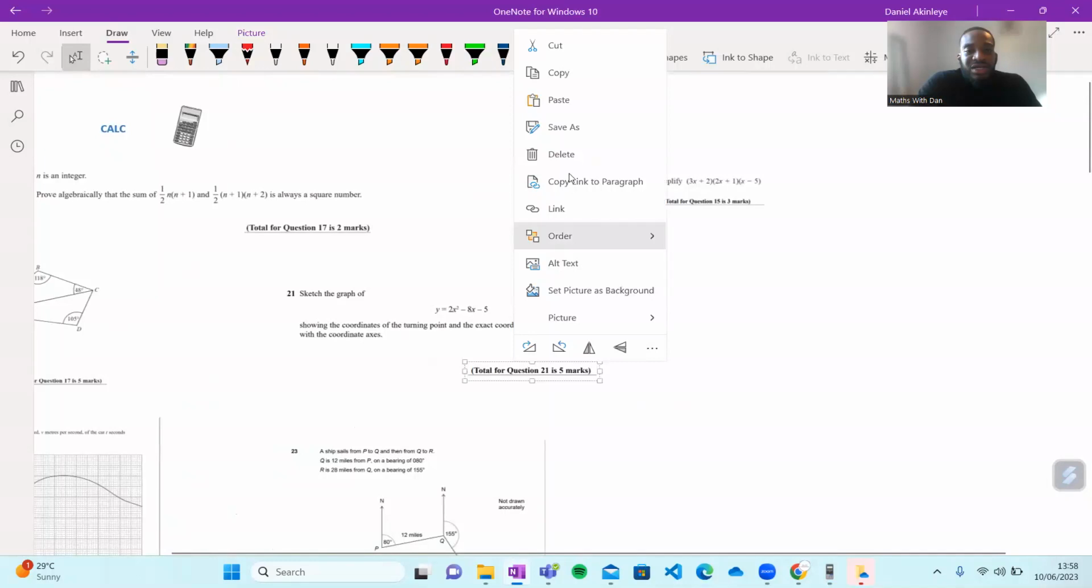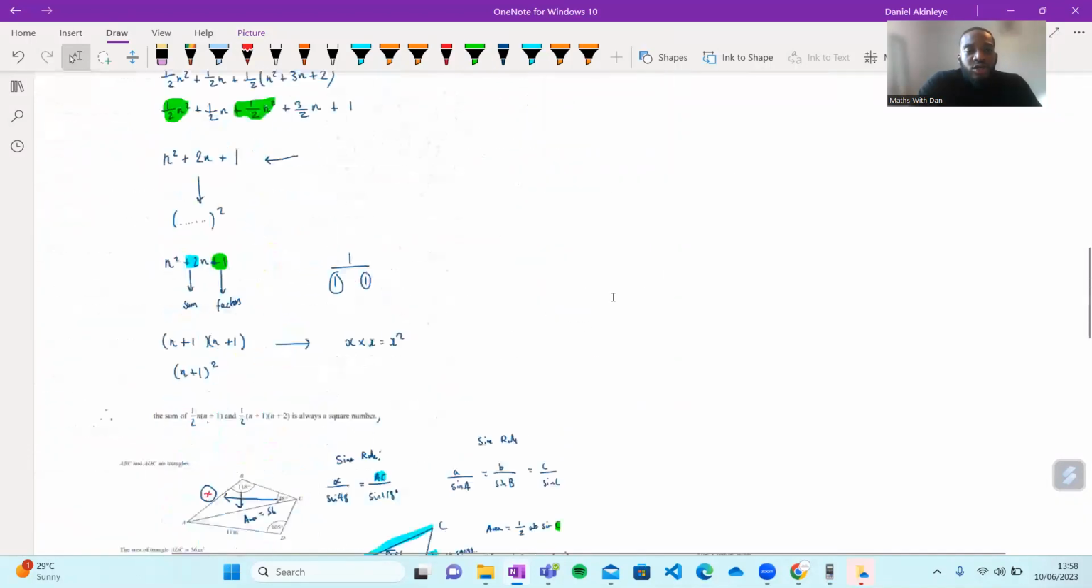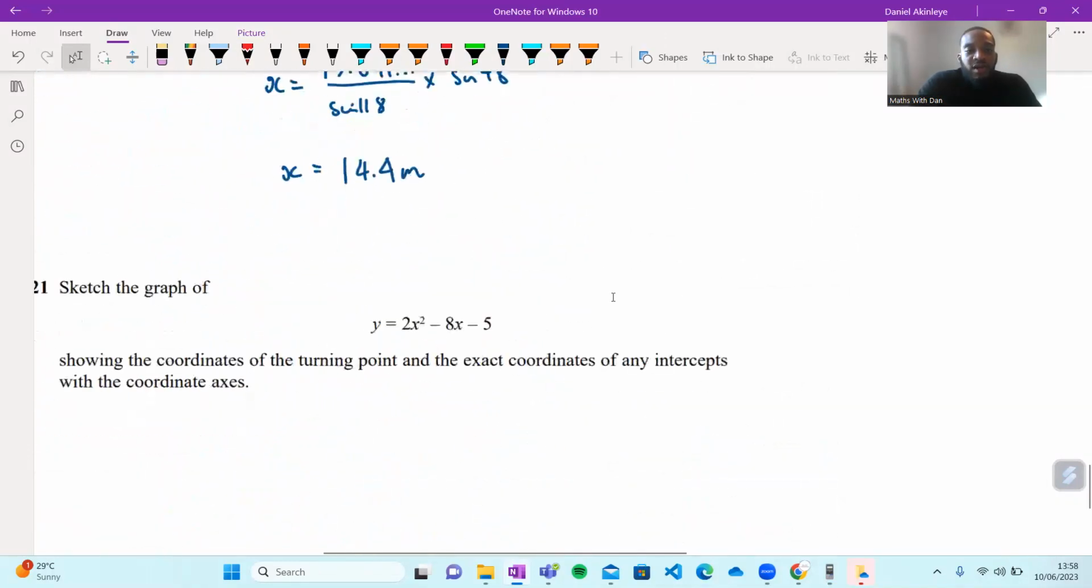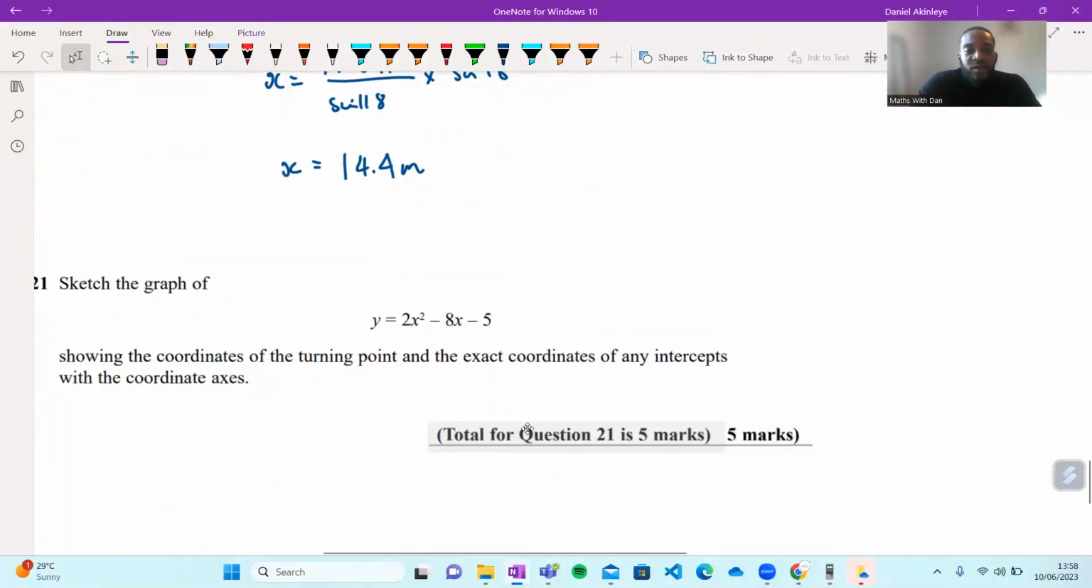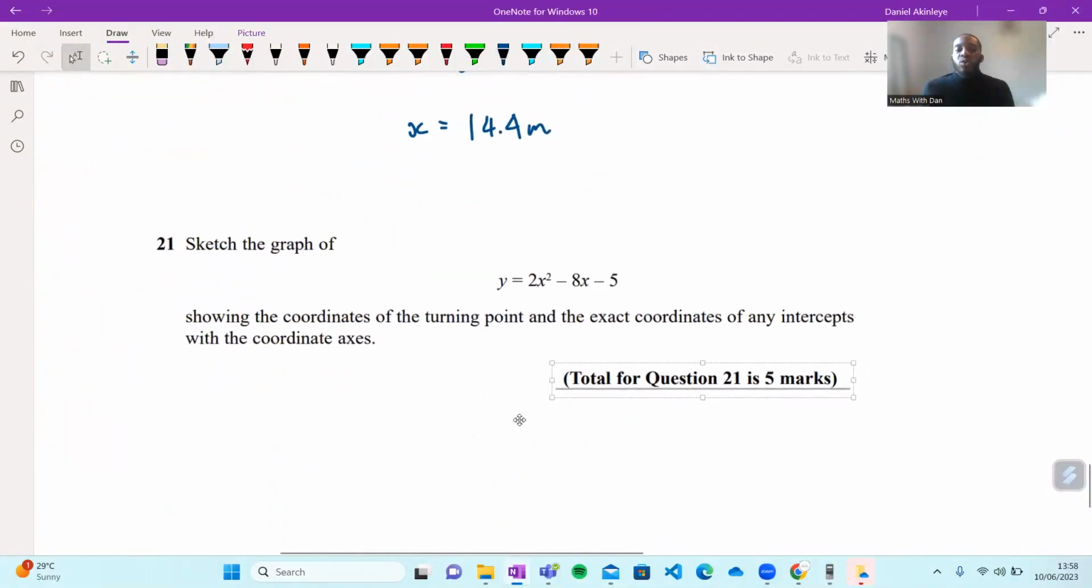Okay, so it says sketch the graph of that one there. It's for 5 marks too. Sketch the graph of y equals 2x squared minus 8x minus 5, showing the coordinates of the turning point and the exact coordinates of any intersection with the coordinate axes. So this is 5 marks. I'm going to give you about 5 minutes to try it, see how you get on,